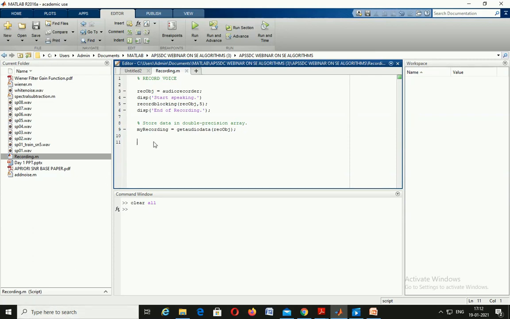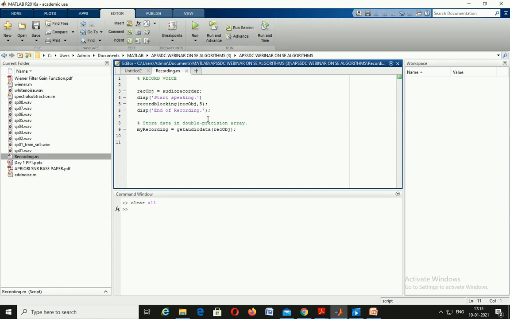For that, we are using the command audiorecorder, which is available in MATLAB. Here I am writing disp of 'start speaking', and whatever we are speaking is stored in the recObj object by this recordblocking option. Here this 5 indicates 5 seconds you can store.